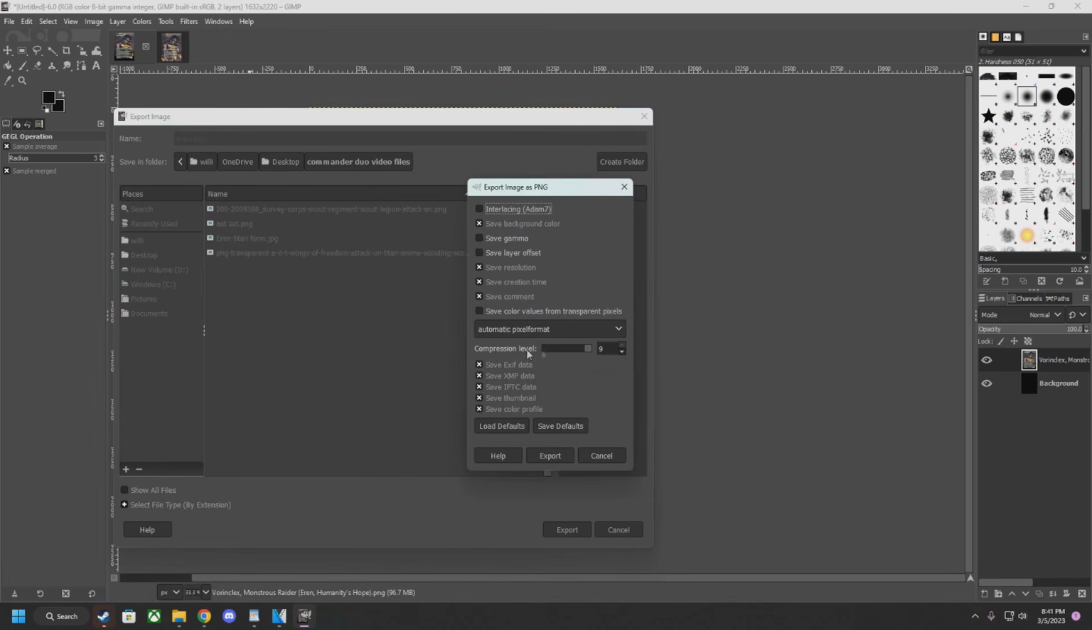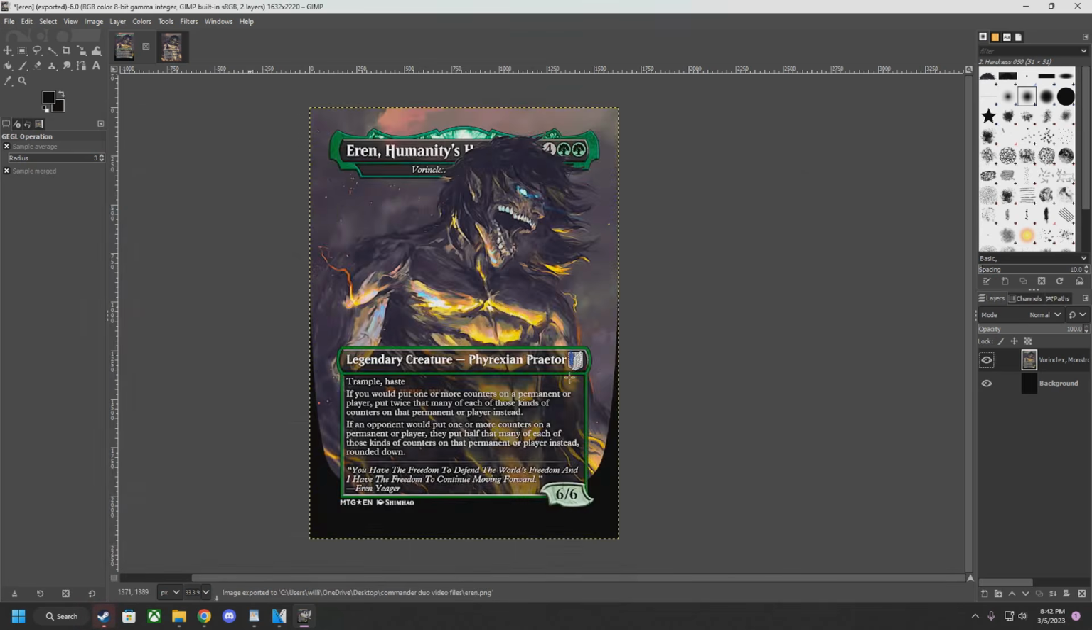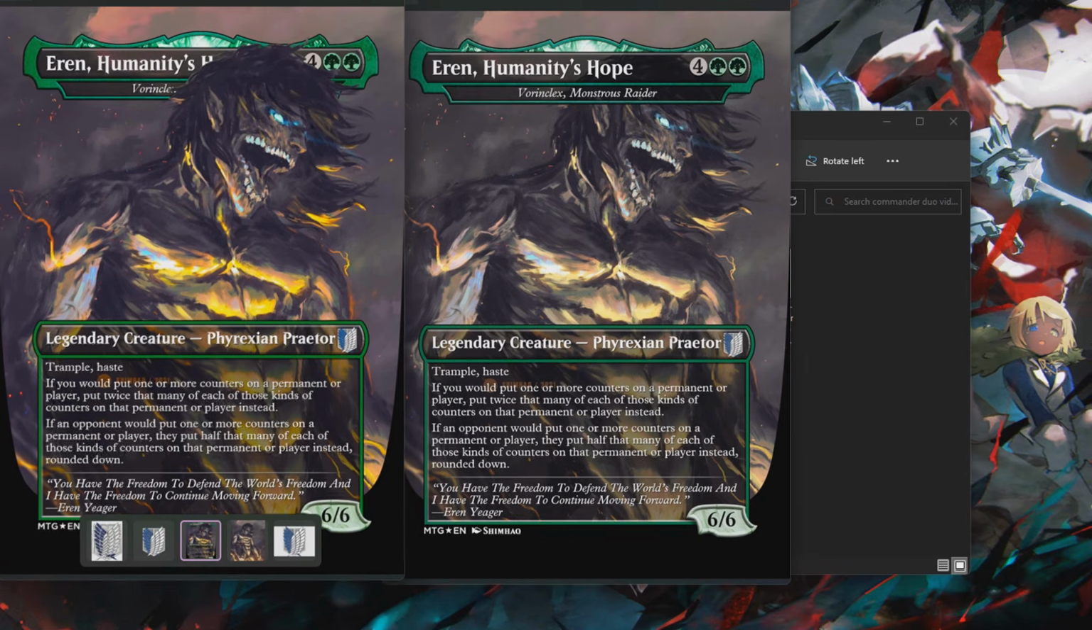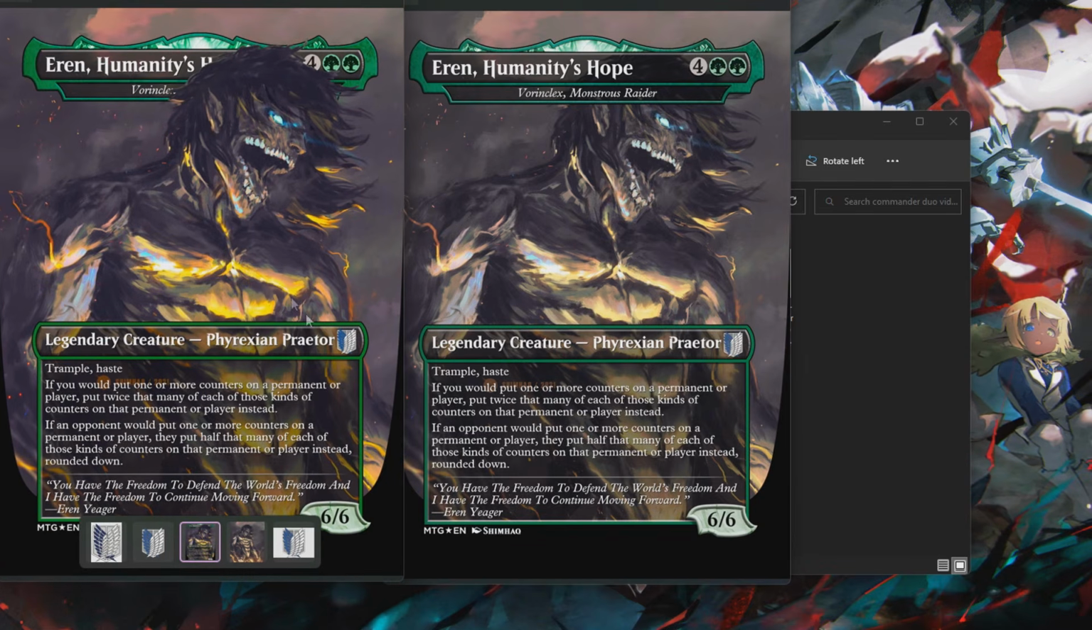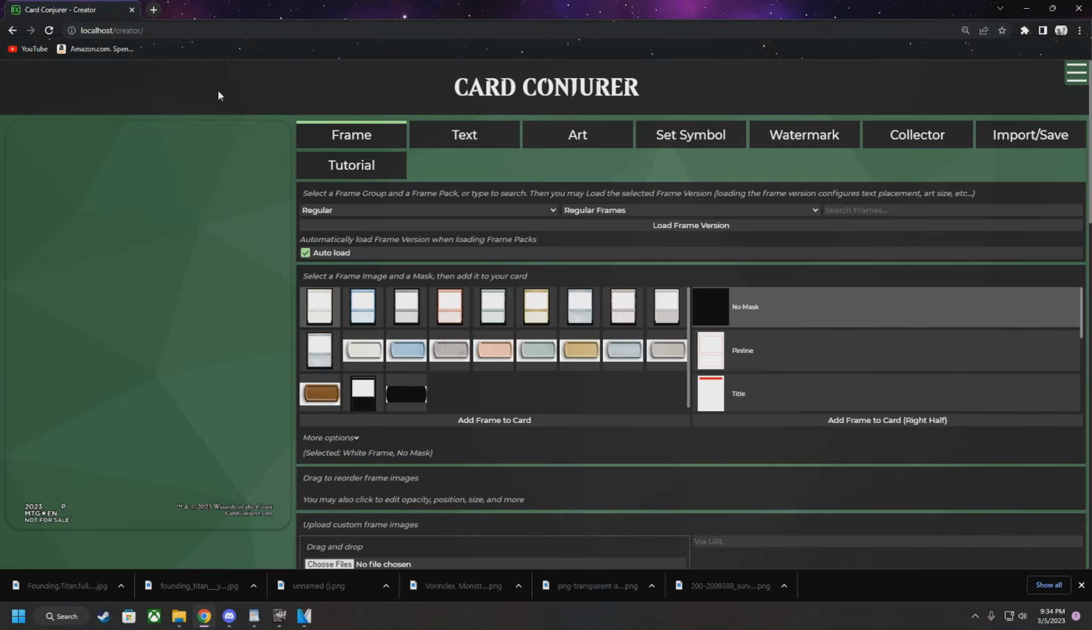You don't have to change anything, just make sure the compression level's all the way up. We want the quality to be good. And we have our full altar. Alright, so I thought we would just have time for one more through Cardconjurer real quick, and then we'll be